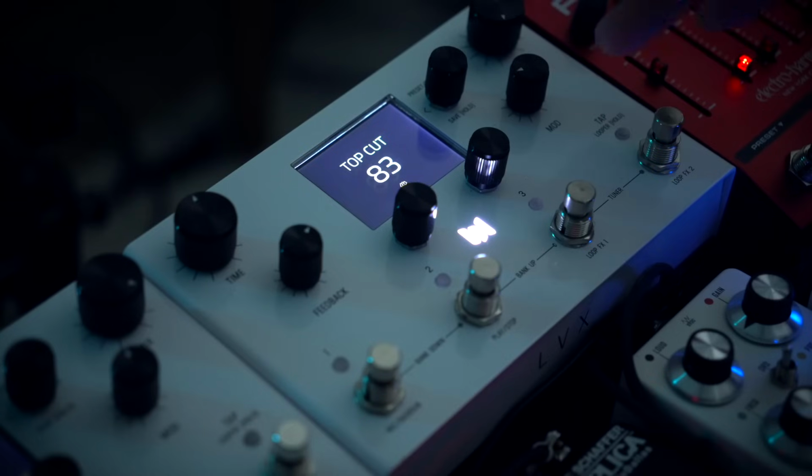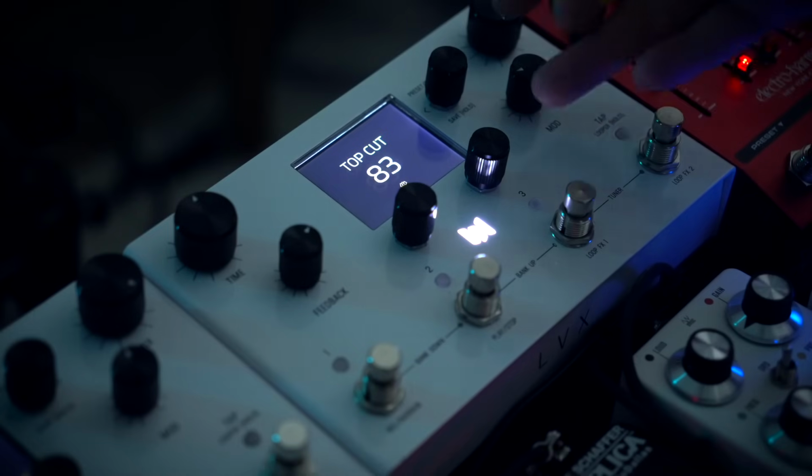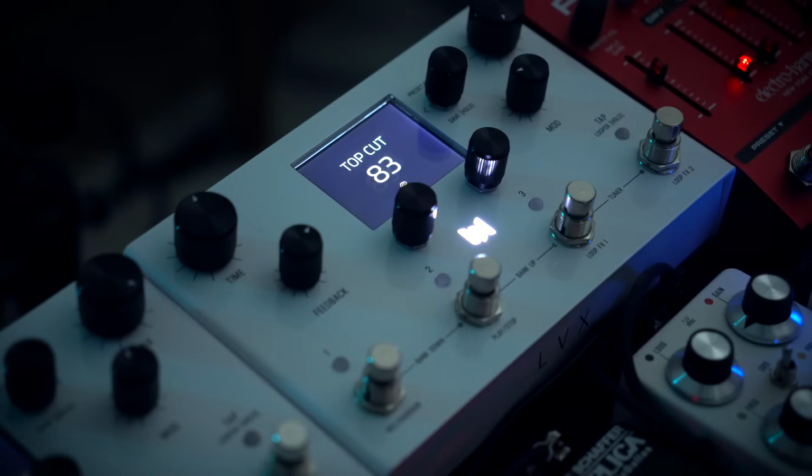There is a whole full-blown filter EQ system in here that does a whole variety of things. And one that I wound up liking was the top cut. So I don't know if it's practical per se to rely on this as your means of altering your single coil tone, but if it's something that you want, it is there, and it can help bring out some more mid-range property. So this is my Paleo